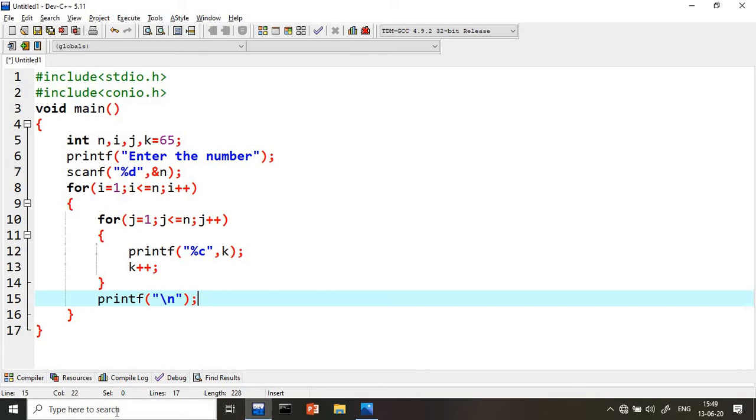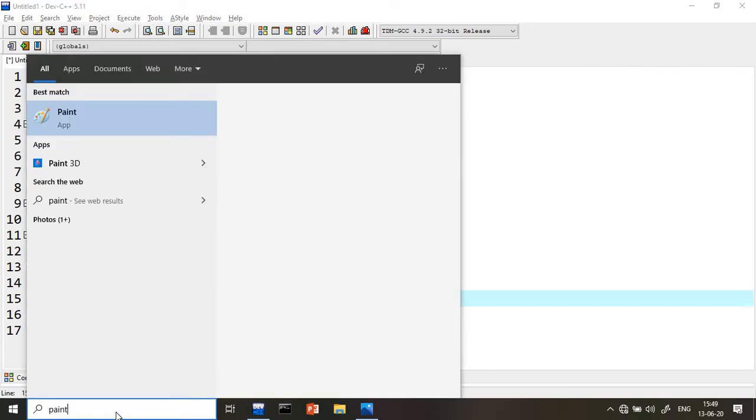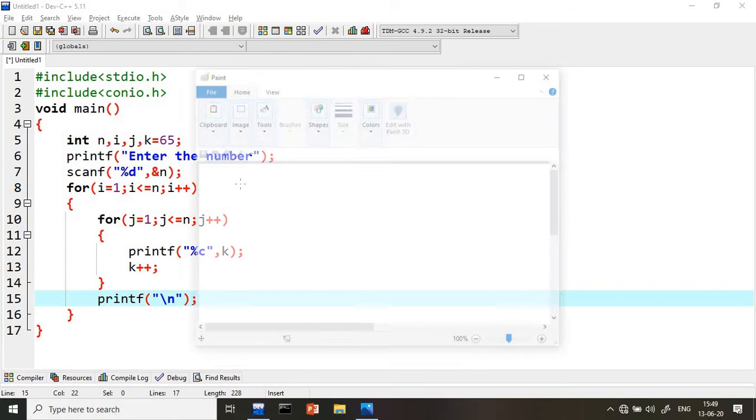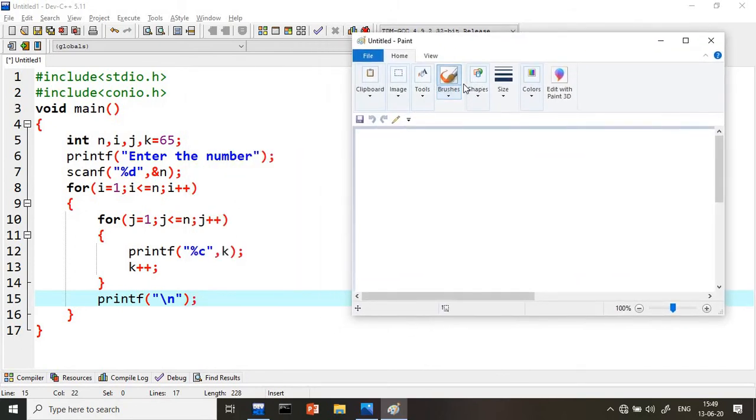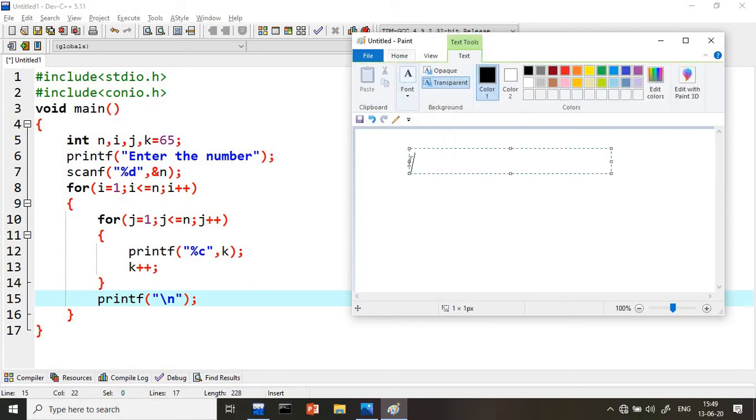Now what is happening here? I wanted to just show the code, so observe very carefully. What are the variables we have? We have n, i, j and k.